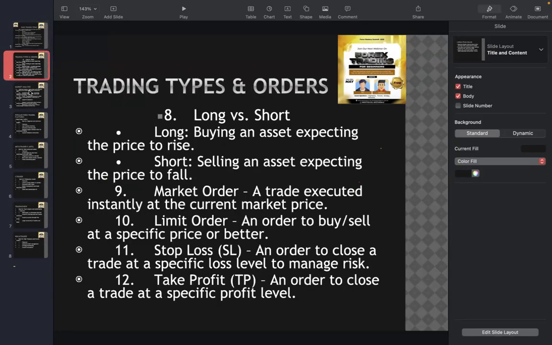So we have stop loss and take profits. Dammy has explained that stop loss is how you control your loss, and take profit is how you close your profits, when you're trading in a profit. So moving on to the next page,